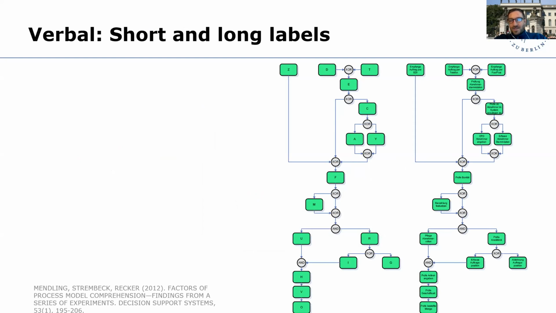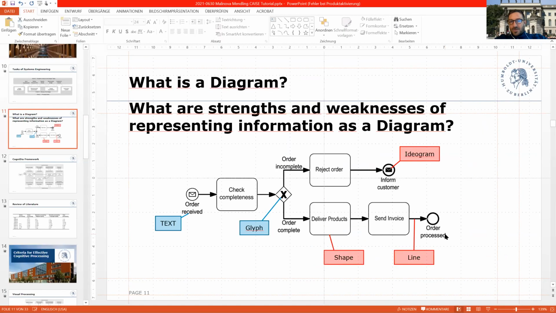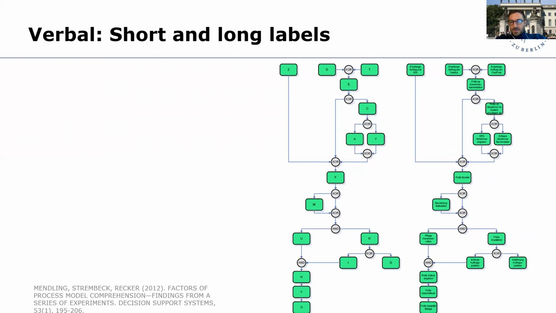extreme points. And on the right-hand side is a process model as we have seen it in an industry application. So this is one of the SAP reference models. And on the left-hand side, the same model with the same structure, but now the text has been shrunk down to letters. And what we see here is that, let's say, the sheer size of the text creates an effort for the reader and the interpreter of these models,